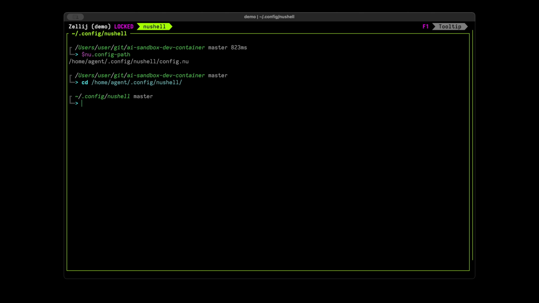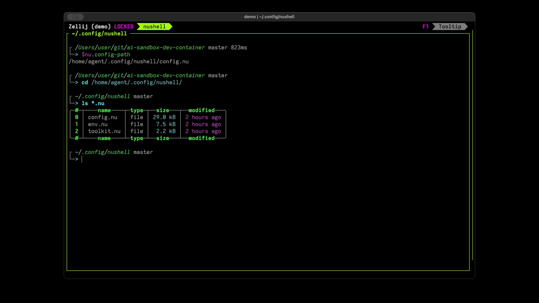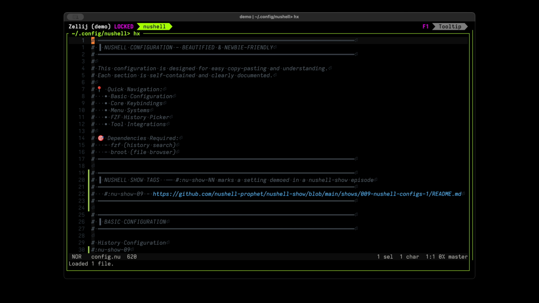We cd into that directory, and here with ls *.nu we can find all the .nu files in the directory. Let's open config.nu in the text editor. And here we'll see on line number 22 the tag